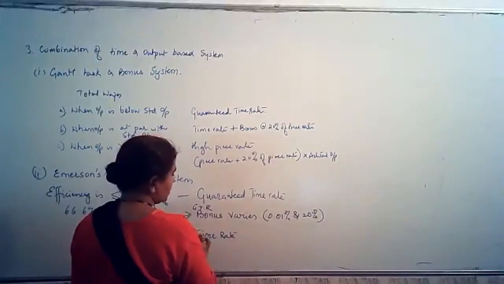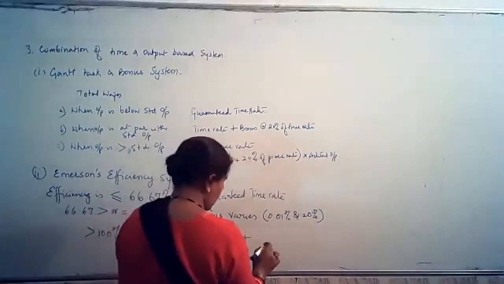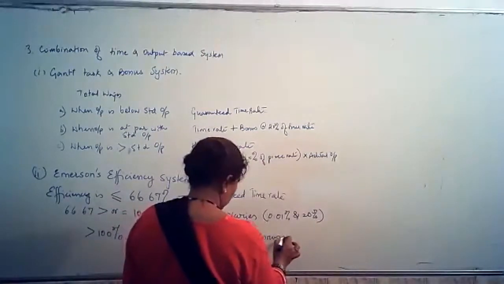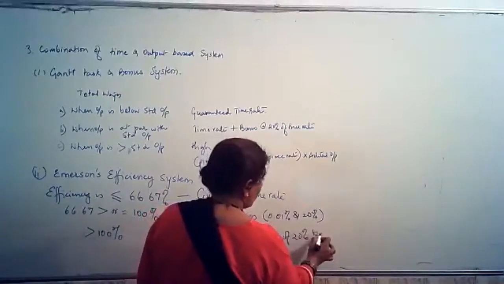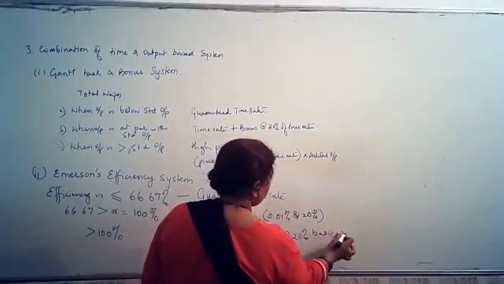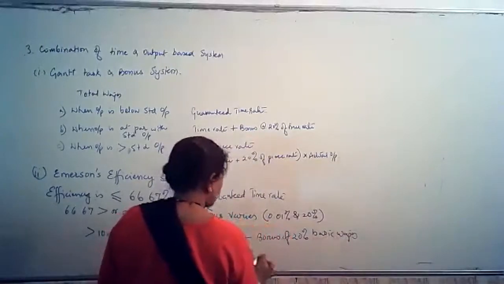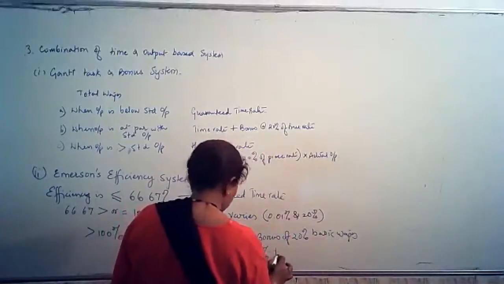He will get the guaranteed time rate plus what extra he will get is a bonus of 20% of basic wages, plus some extra he will get, a 1% increase